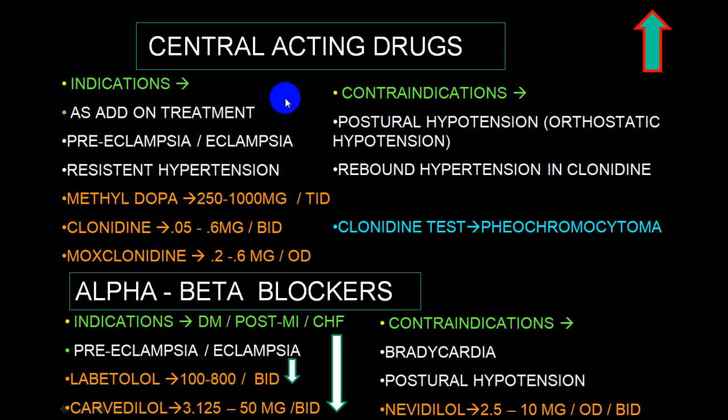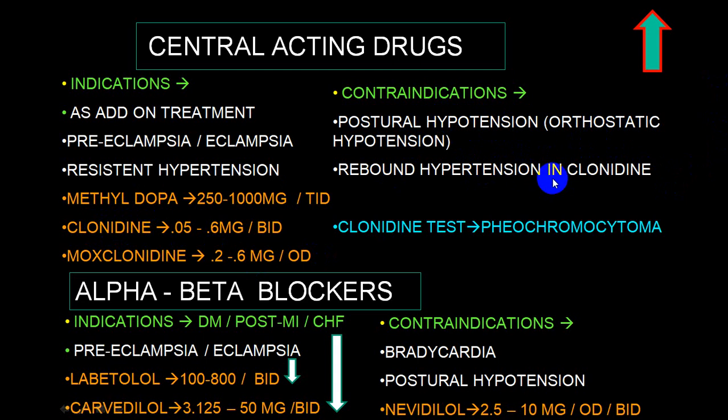Clonidine is an add-on therapy as a fourth or fifth drug. Maximum dose is 0.6 milligram and it is commonly utilized in BID or TID doses. Moxonidine will not have a rebound hypertension, but it is not as powerful as clonidine. So clonidine is still a drug of choice. The only drawback is rebound hypertension in clonidine. Both clonidine and methyldopa will produce postural hypotension, while moxonidine is having less incidence of orthostatic hypotension